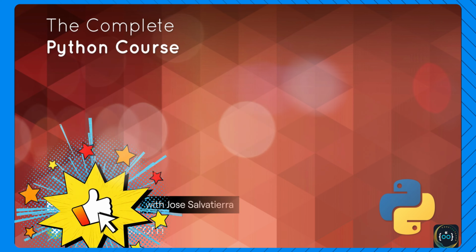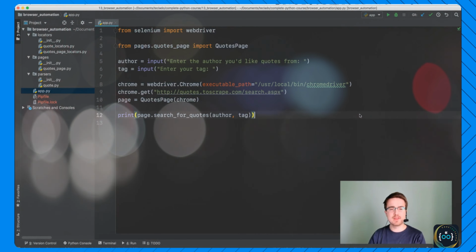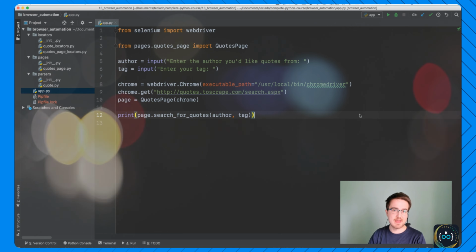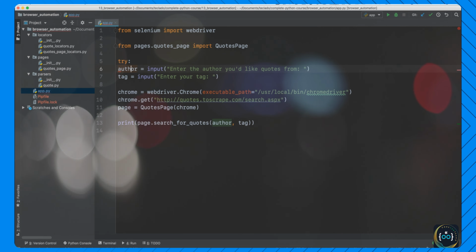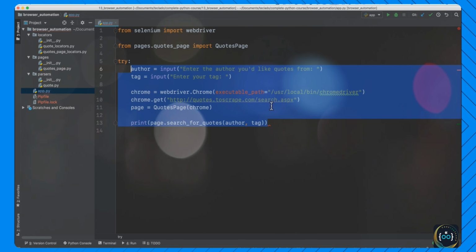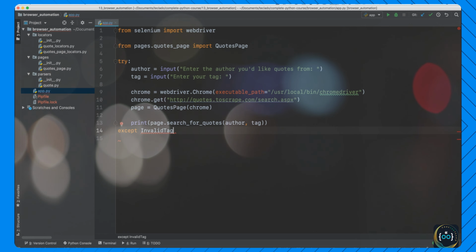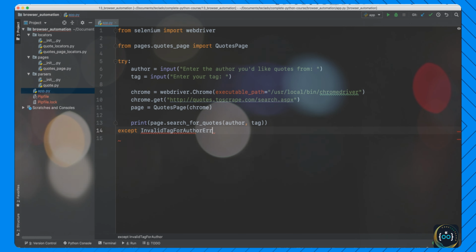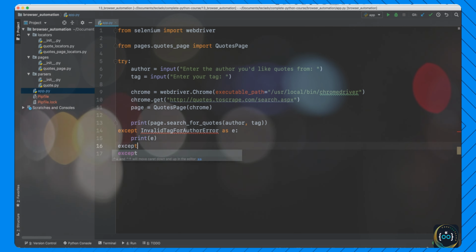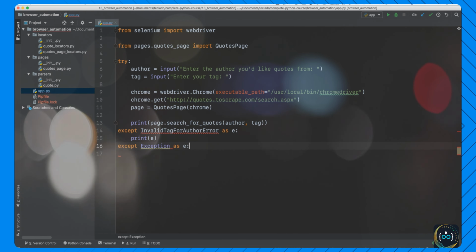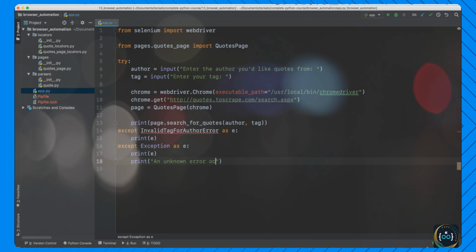Hi and welcome back. In this video, we're going to be adding a little bit of error handling to our app, just so we can deal with any eventualities that may happen. We're going to come here and surround everything in here with a try except block. The first exception is going to be InvalidTagForAuthorError as e, and it's just going to print the error message. And then we're going to have a more generic exception, and we're going to say something like an unknown error occurred,